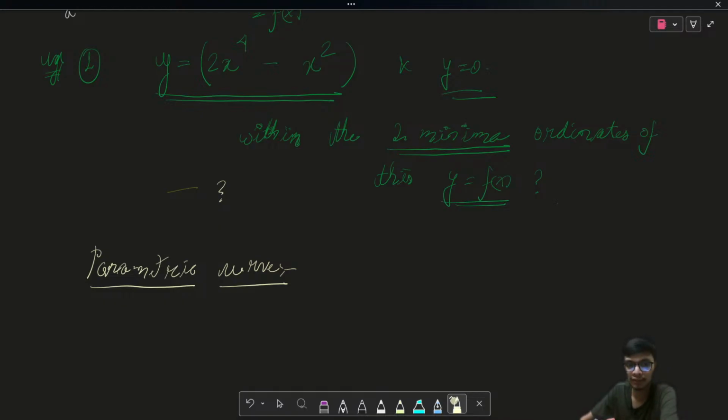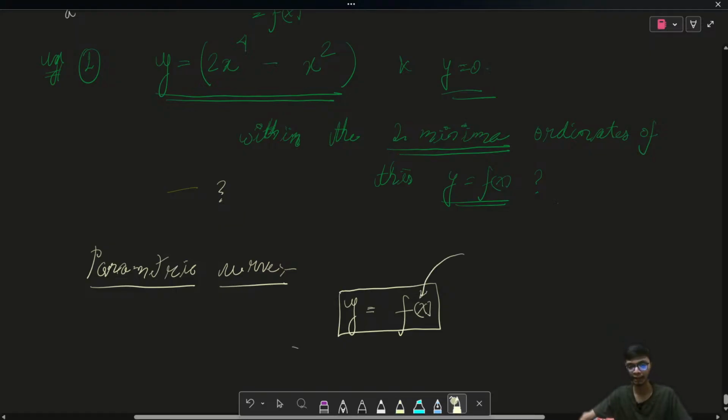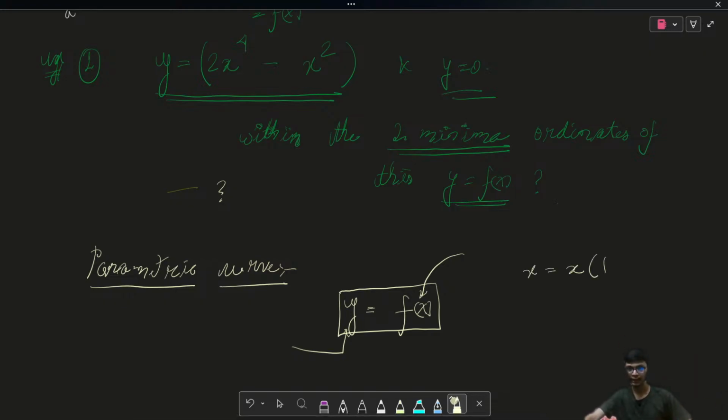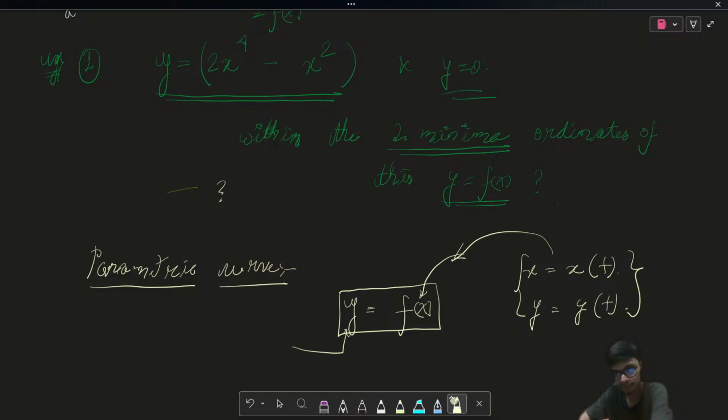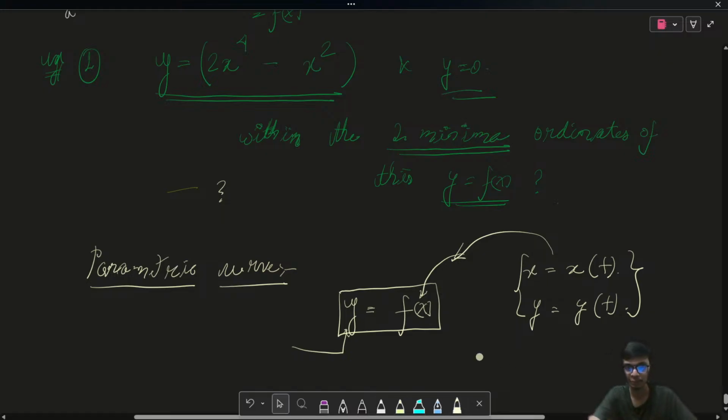A parametric curve is basically a curve like, when we generally draw any curve like y is equal to f of x, here my independent variable is x and dependent variable is y, right? But what if I associate one more independent variable, say t, and x and y are both dependent variables? So let's say I have x as some function of t and y is also some function of t, right? This kind of formulation is known as the parametric curve, or the parametric representation of the curve, right? So if you understand this particular topic, then